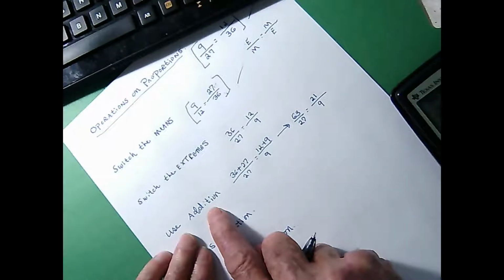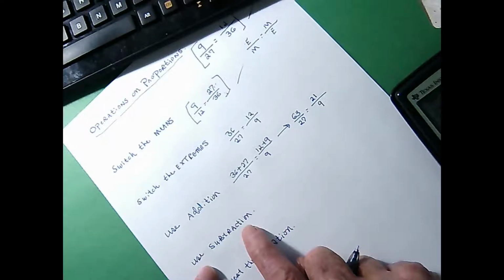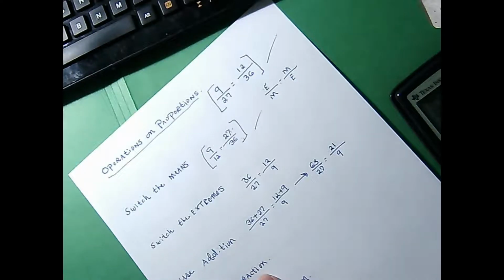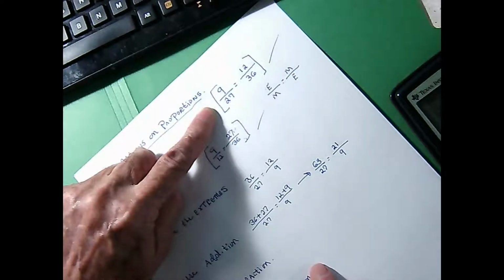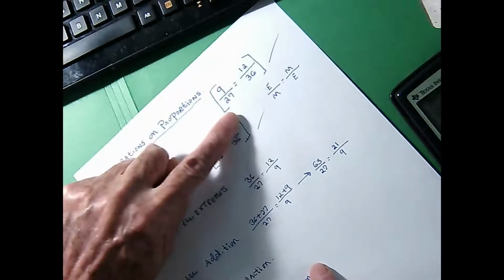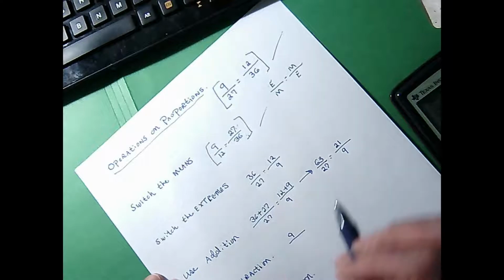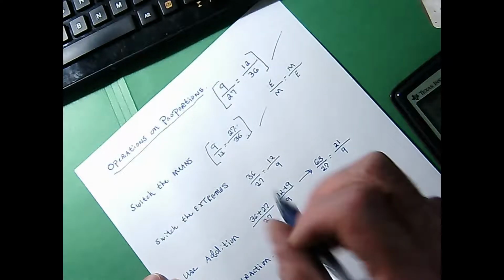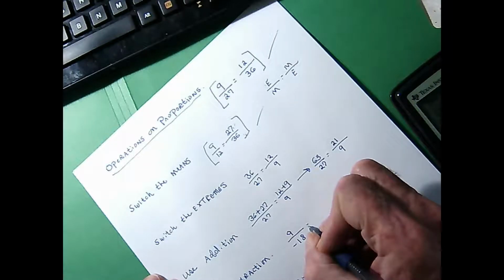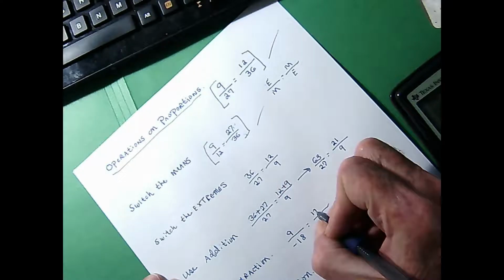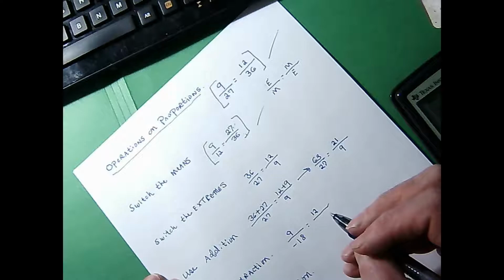We could use addition. You remember when you use addition, you bring up the denominator and add it to the numerator. What about subtraction then? Same idea. I'm going to go back to this original proportion and use what's called subtraction. I'll bring up the denominator and subtract it from the numerator on both sides. So this would become 9 over, and 9 minus 27 would be a negative 18, equals, and on the right hand side, 12 over,